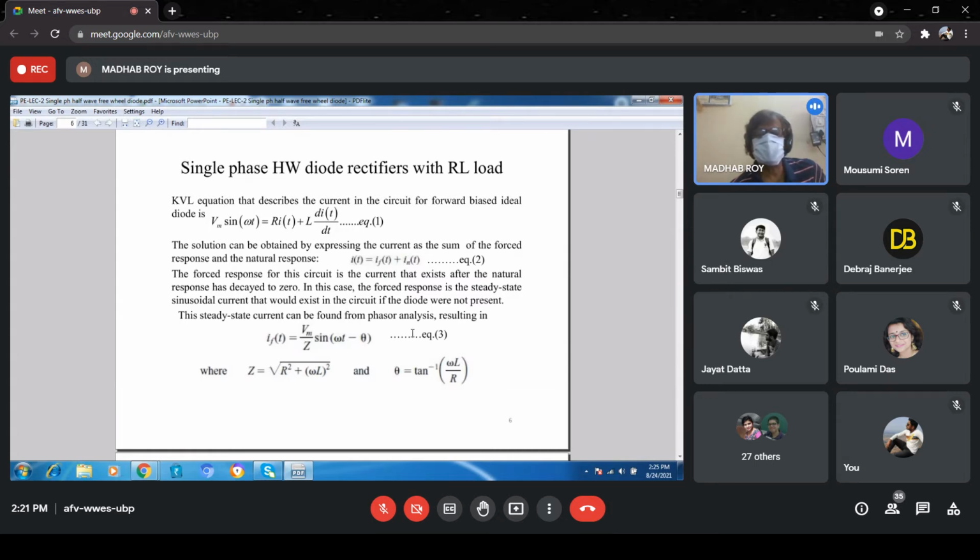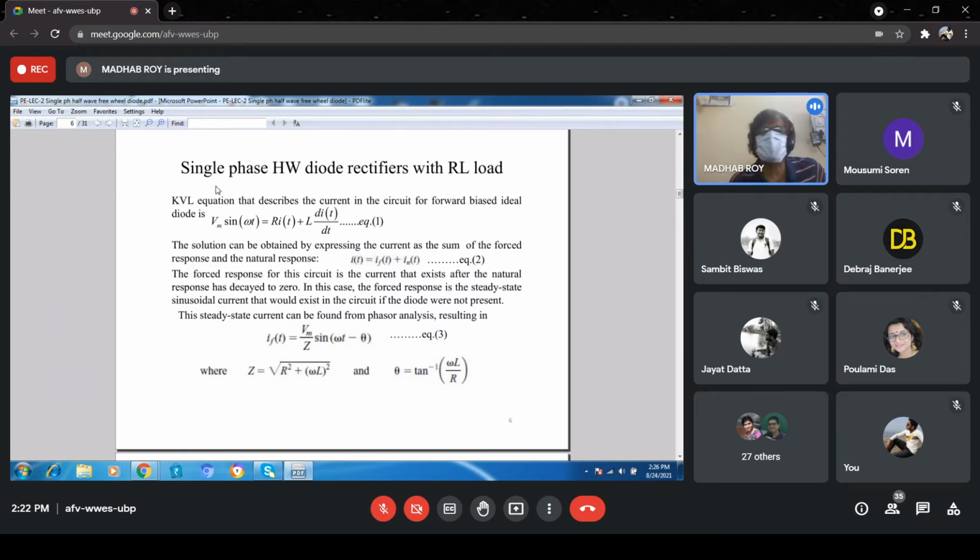Basically in that case it is an AC circuit, and you know the AC circuit solution: if Z is the impedance, that is the square root of R squared plus omega squared L squared, and theta is the angle, tan inverse of omega L by R, then the current in steady state condition will be Vm by Z sin of omega t minus theta. Theta is called the lagging angle. The lagging angle depends on the value of L. If L is large, then the lagging angle will be very large. This is normally also called the power factor angle in a normal steady state circuit.